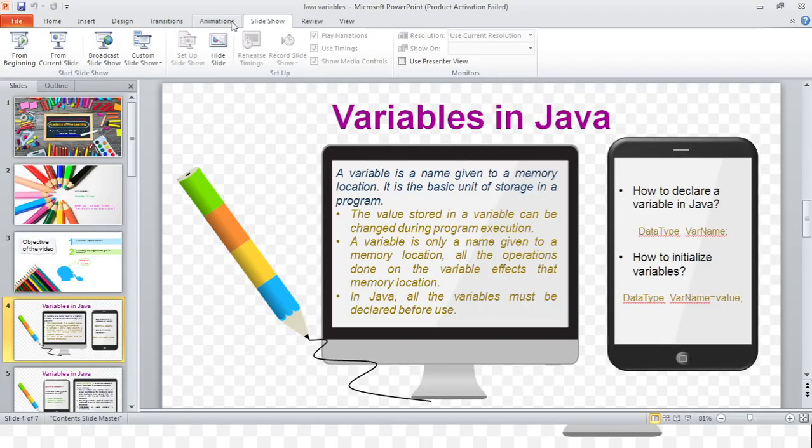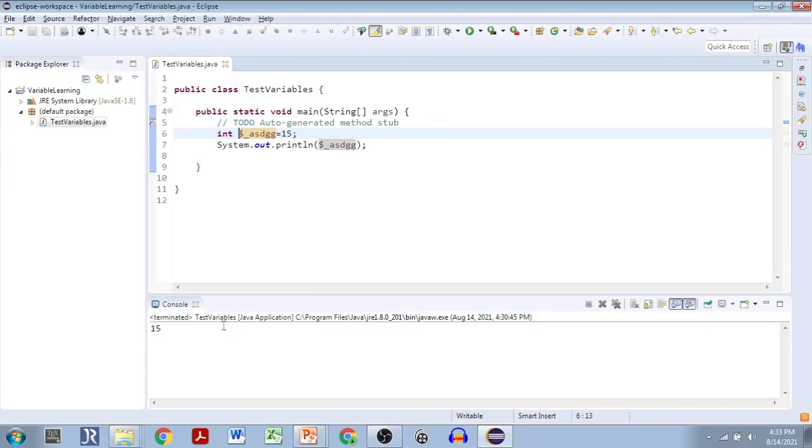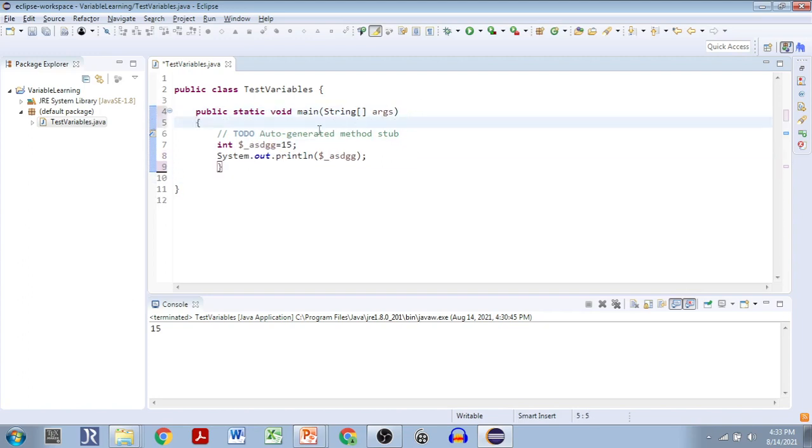We'll see how applicable it is in our Eclipse. So here we have defined this particular variable, correct? Let's try to modify its value to 20 outside of this. This is the scope, this is where the curly bracket starts. I'll make it the next line so that it will be easier for you. The public static void main is the method; its body starts over here and closes over here. If I try to modify the variable outside of this body, let's see what happens. Suppose I just want to modify the value to 20 from 15.